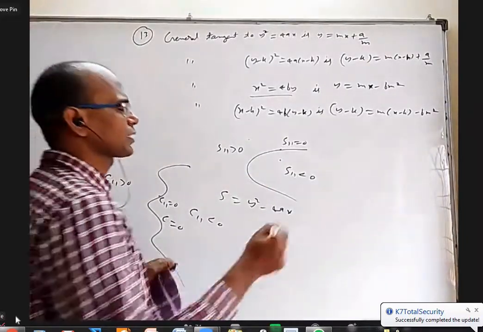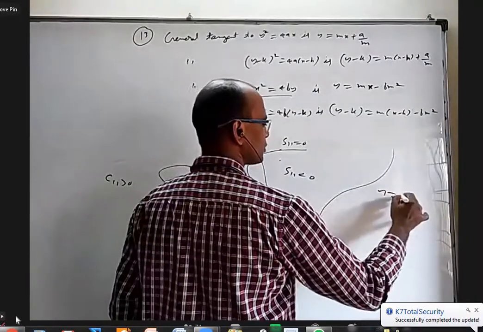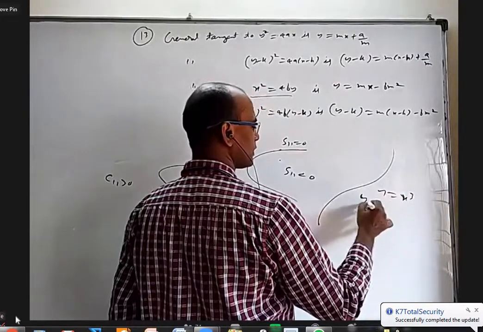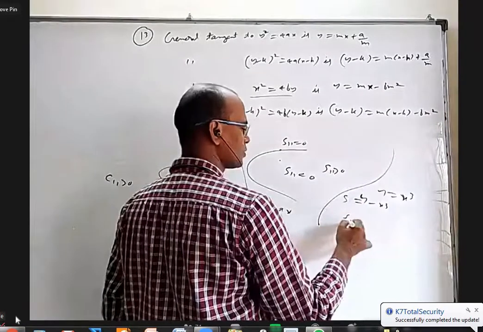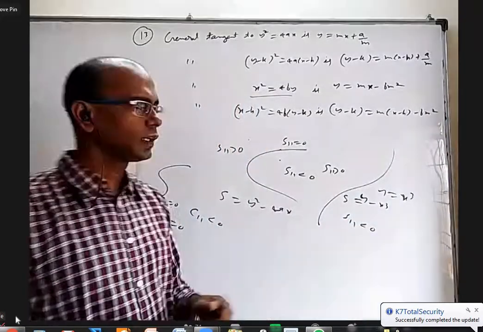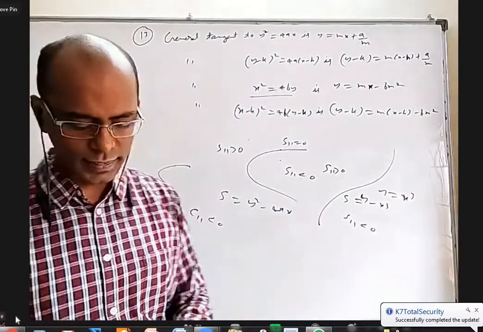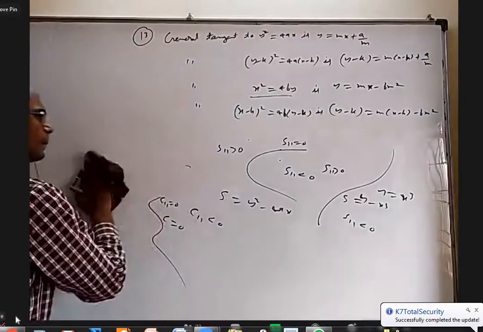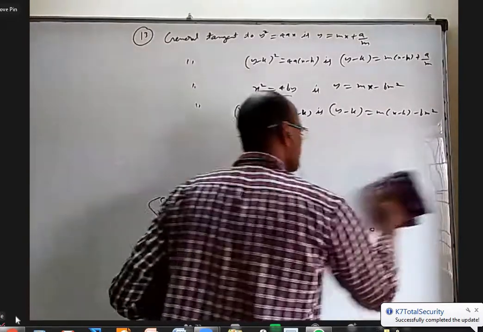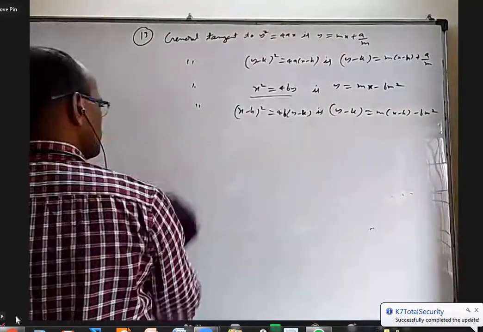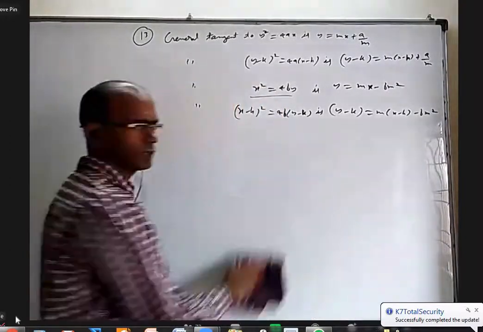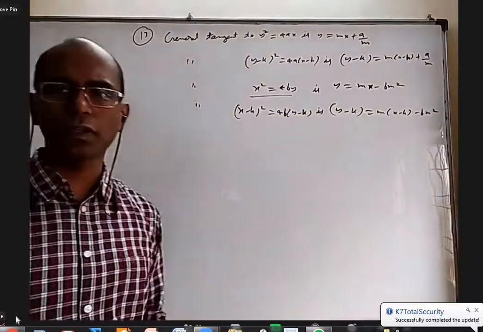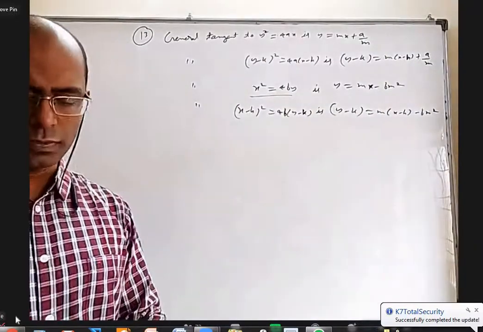Even if you take y equal to x cube, if you call y minus x cube equal to S, one side will have S11 greater than 0, and the other side S11 will be less than 0. Even take x power 100, x power 1000, it is the same story. So I am not writing any proof or even statements for that. Some things which are applicable for circles are also applicable for parabola, ellipse, and hyperbola.